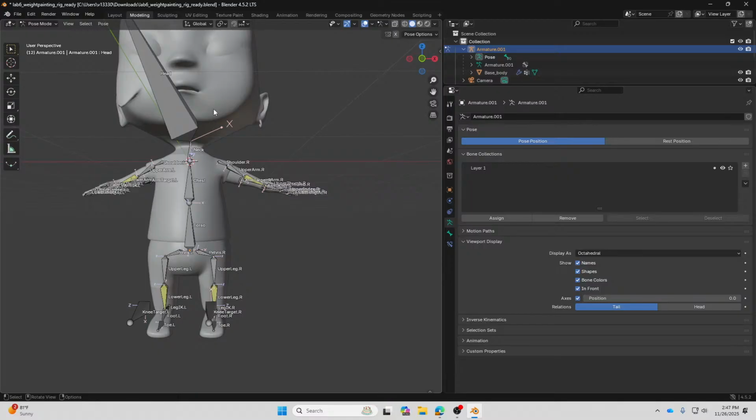Just do the remote, just to understand the basics first. So you see the connection between vertex group, bones, and geometry.